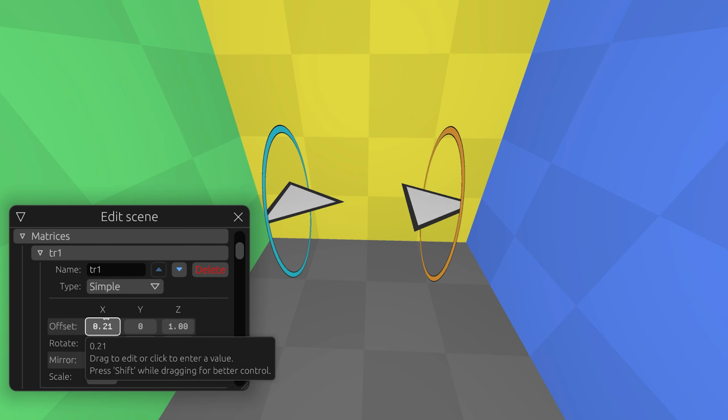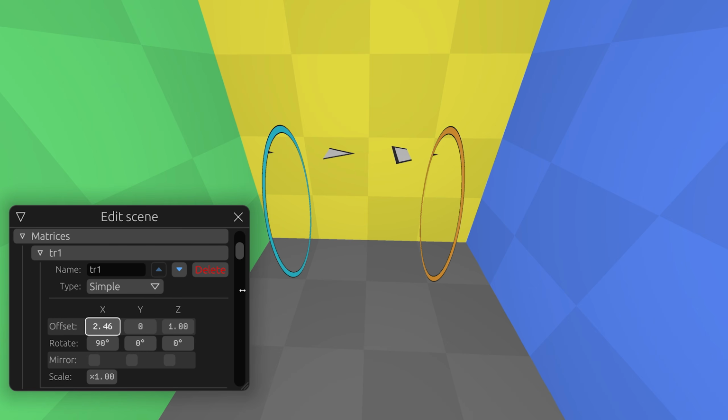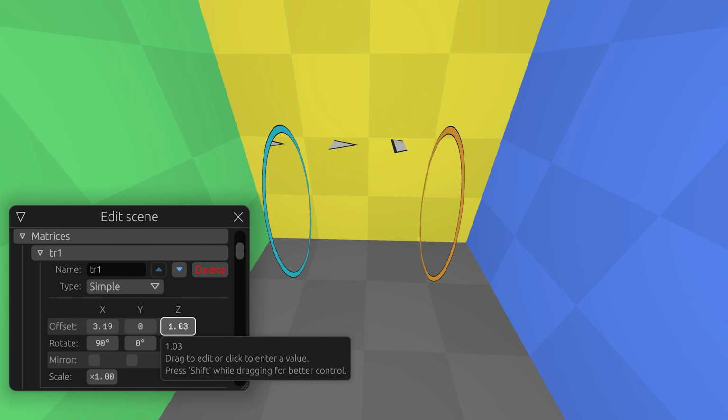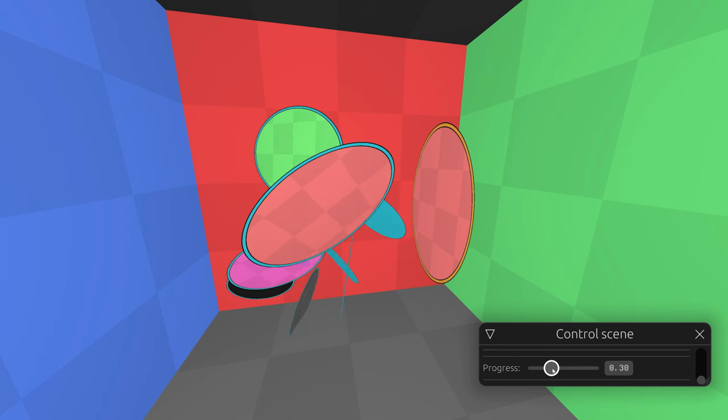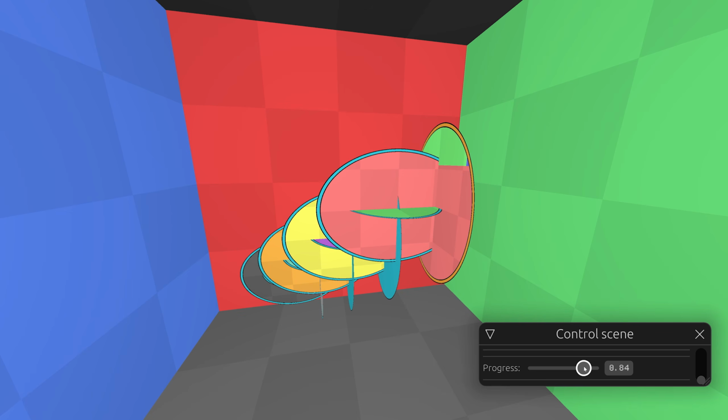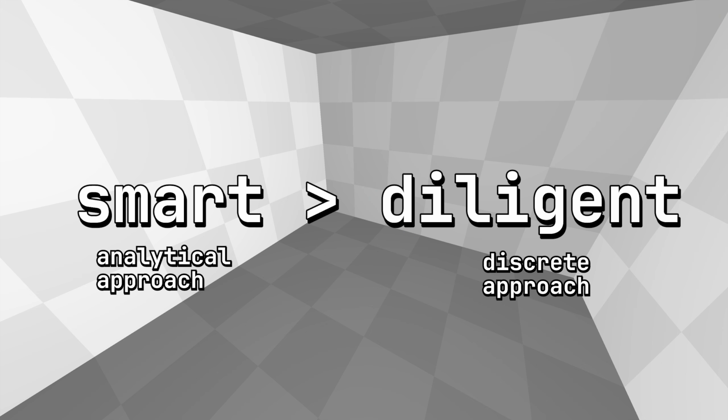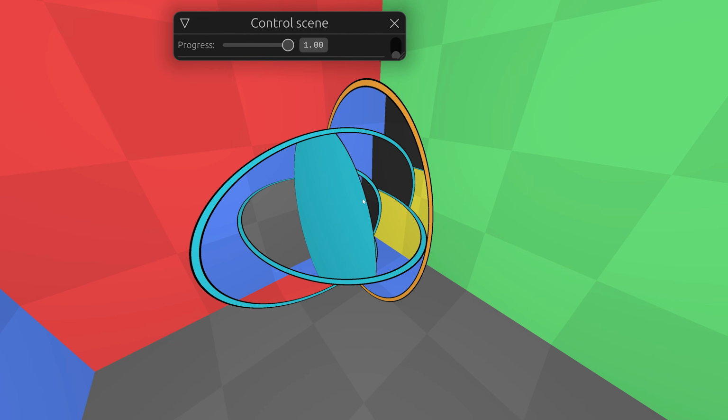By the way, I have an idea how to solve the problem of the unbounded planes, but this is the topic for another video. To solve this video's problem, I wrote a discrete approach for months. It was really hard and tedious. But with this analytical approach, I made the portal-in-portal just in one day. And from this example, I am more convinced that it is more important to learn how to find effective and clever solutions, instead of being diligent in solving naively for a long time.